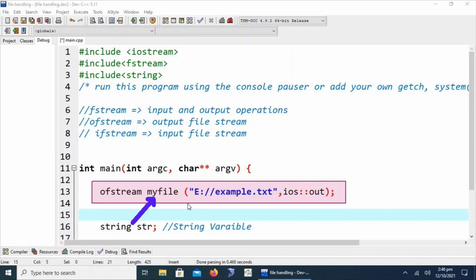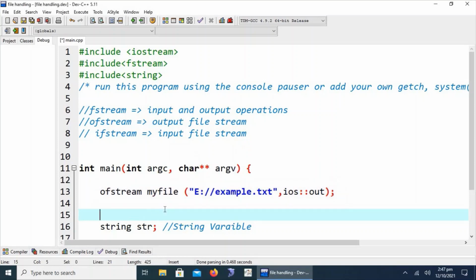This is the complete address of the file where we want to create it. This one is the name of the file. This is the drive where this file will be created, and this is the mode of the file, either for reading or writing purposes. This mode describes my file object, whether this object will read or write data to and from the file. I think this is much clearer.